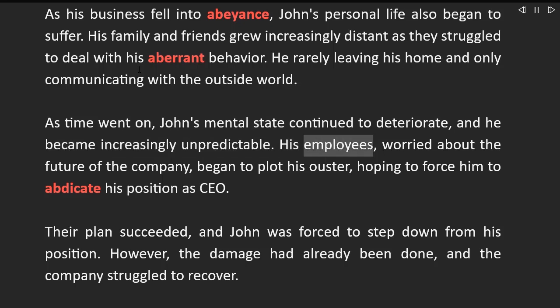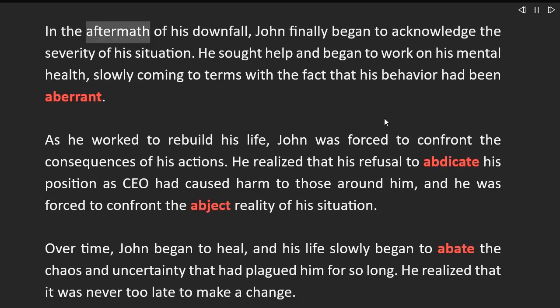His employees, worried about the future of the company, began to plot his ouster, hoping to force him to abdicate his position as CEO. Their plan succeeded, and John was forced to step down from his position. However, the damage had already been done, and the company struggled to recover. In the aftermath of his downfall, John finally began to acknowledge the severity of his situation. He sought help and began to work on his mental health, slowly coming to terms with the fact that his